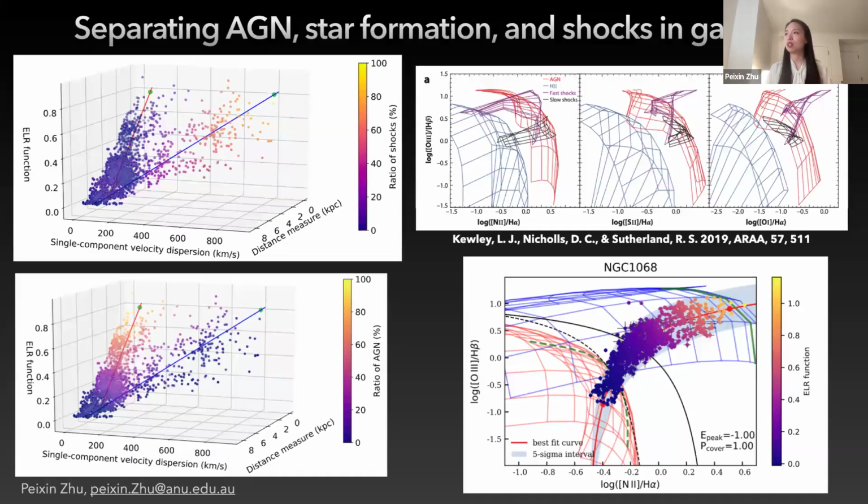And the picture I told sounds perfect. But in practice, it is more complicated than we hope. That's always the case in science. The basic reason is that, as shown in the top right figures, even though you still expect star formation regions, shown by the blue grid, and AGN regions, shown by the red grid, to be located in certain regions,